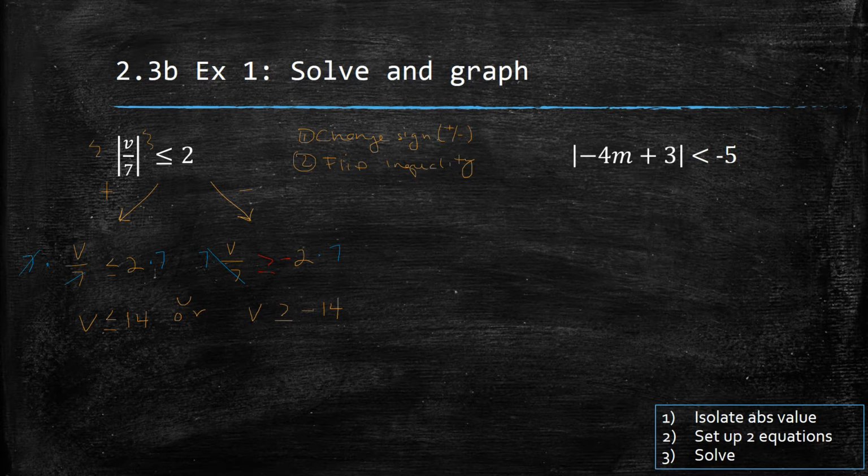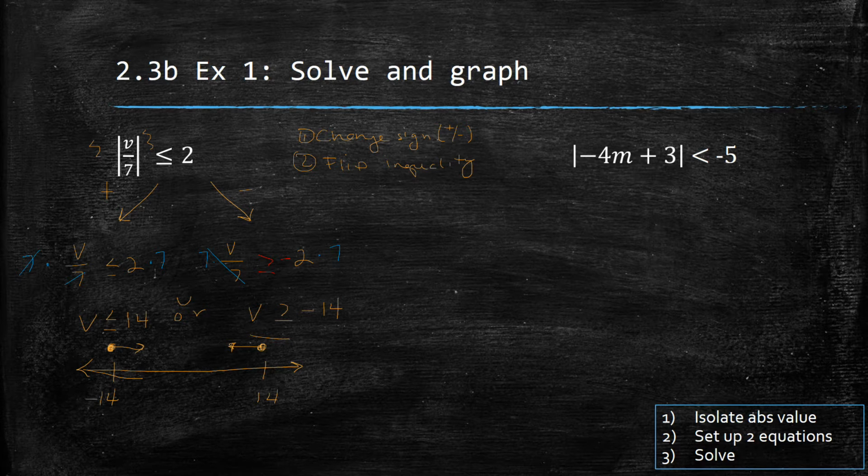Okay, so we've solved these inequalities and we can go ahead and plot them on our number line. Negative 14 over here, positive 14 on the right. So v is greater than or equal to negative 14, closed circle here. Greater than is to the right. And v is less than or equal to positive 14, closed circle at 14, less than is to the left. So here we have our graphs that are pointing towards each other,